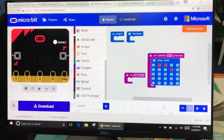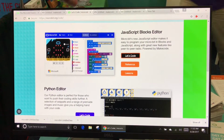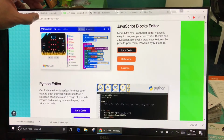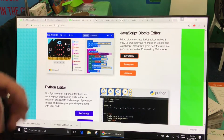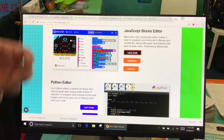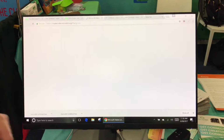environment. If we just flick back, you'll see that the Microbit has a couple of main coding environments, including what we call the JavaScript block editor, which is MakeCode, and the Python editor. And what you'll find is over the next few weeks and months, other code environments will appear on here. So for example, Scratch have just released an extension to the Microbit, and the Mu editor for Python is extremely good with the Microbit too. If you go into Let's Code,